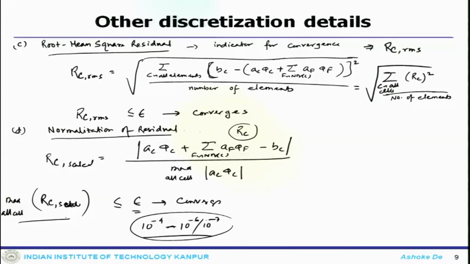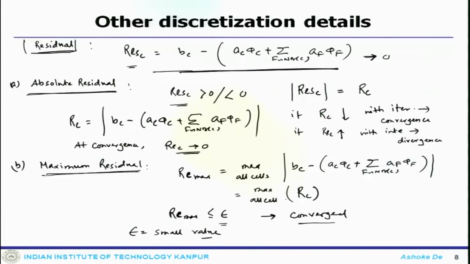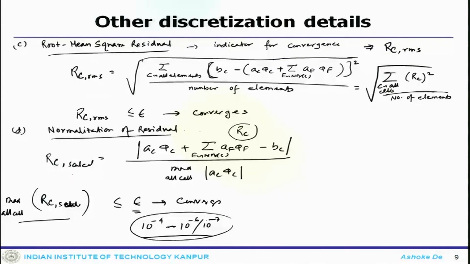So, one can see that you can define the absolute residual, like we have done. You can have a maximum residual over all the cells, you can look at the root mean square of the residual, or you can normalize, and this is quite advantageous when your degrees of freedom are high. That means you have a velocity, you have some scalar, and their residuals are different. In that case, it is a good idea to look at this kind of scaled residual and put the criterion on the scaled residual to obtain convergence. So, we will stop here and then we will start the fluid flow problem in the next lecture.